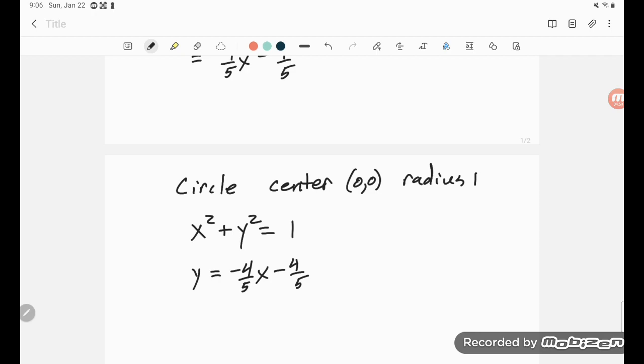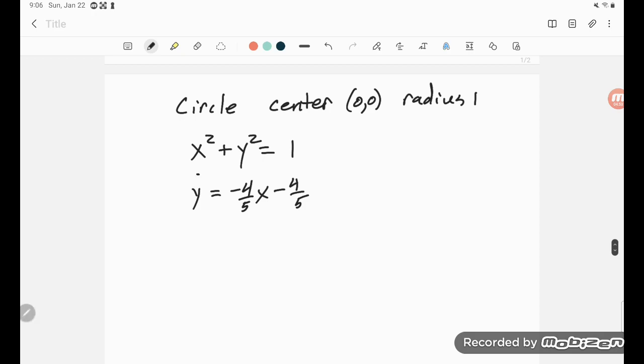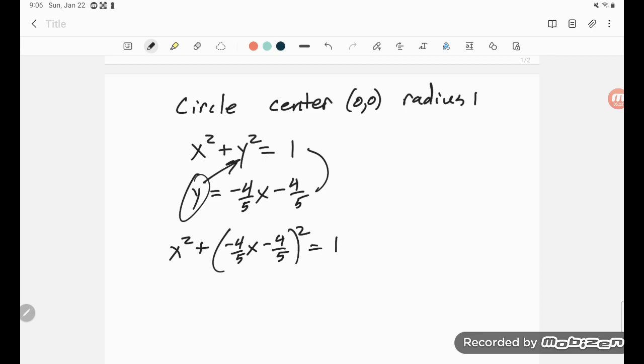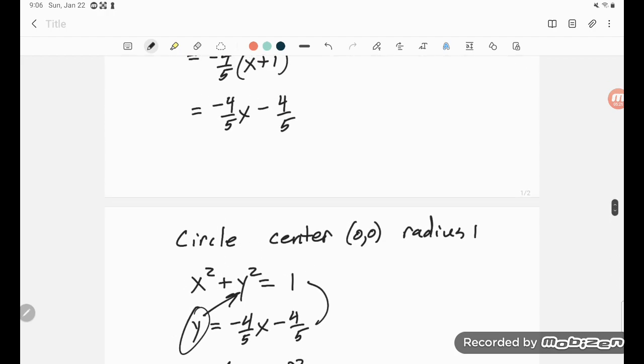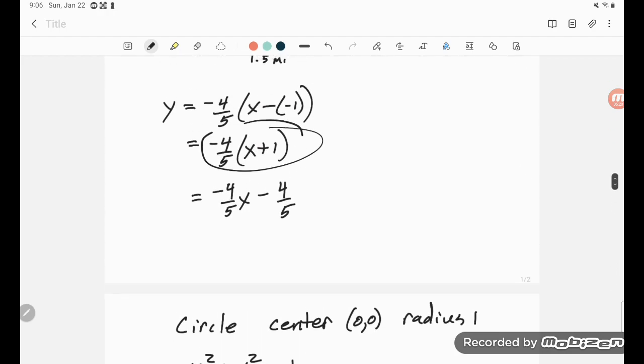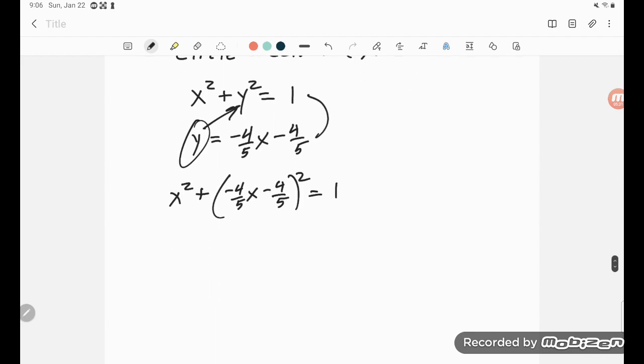And with that equation, what I can do is substitute my y in there to solve these two simultaneous equations for x. So I'll write x squared plus negative 4/5 x minus 4/5 squared equals 1. Now actually, I prefer thinking of that this way, factoring out that negative 4/5, because